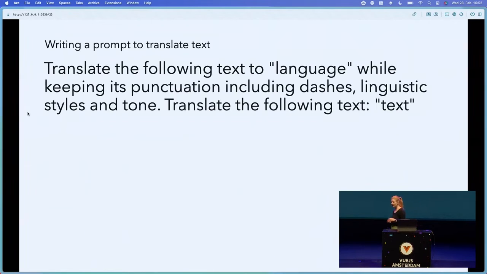What I had in the HTML, I had bulleted lists, I had headlines, I had bold texts. And as I wanted to translate it, it came back just as a paragraph. So I improved my prompt to say, translate the following text to language, while keeping its punctuation, including dashes, linguistic style, and tone. Translate the following text. So while I was a front-end engineer, I somehow got into prompt engineering